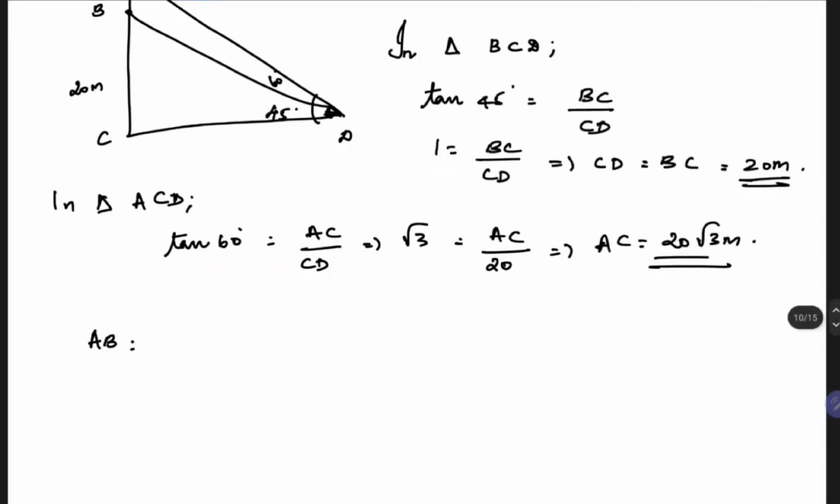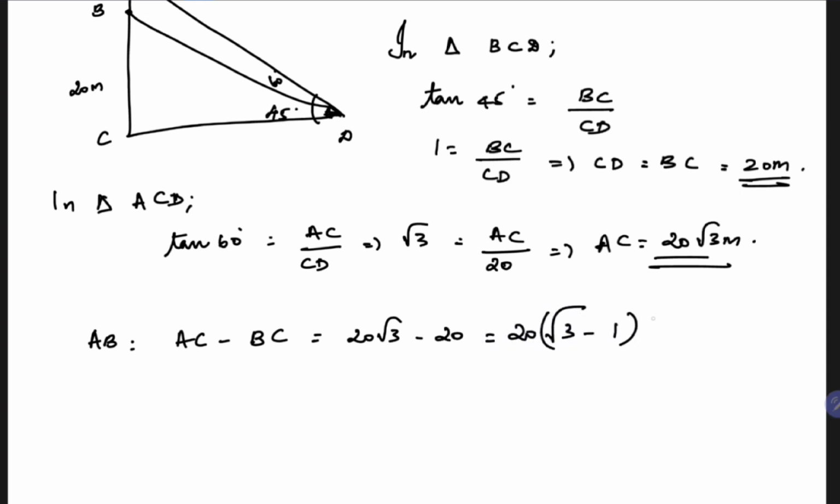AB is equal to AC minus BC, which is equal to 20 root 3 minus 20. Taking 20 common, we get 20 into root 3 minus 1. You know root 3 as 1.732. So 20 into 1.732 minus 1, which gives us 20 into 0.732, which in turn gives us